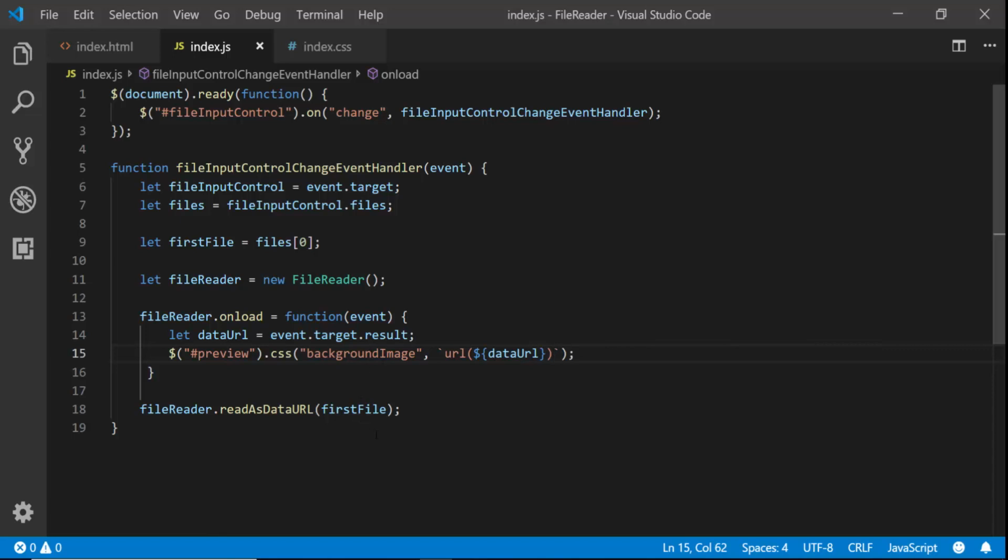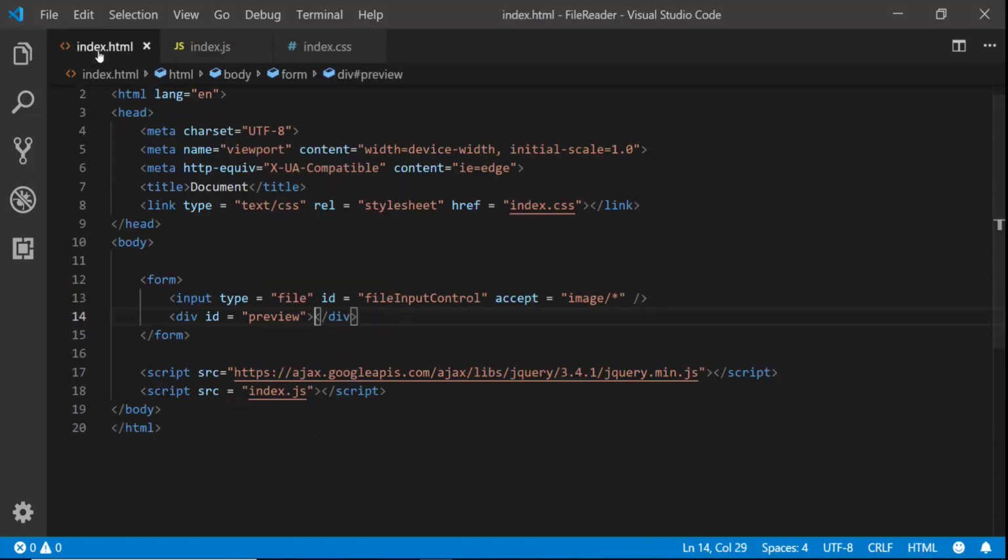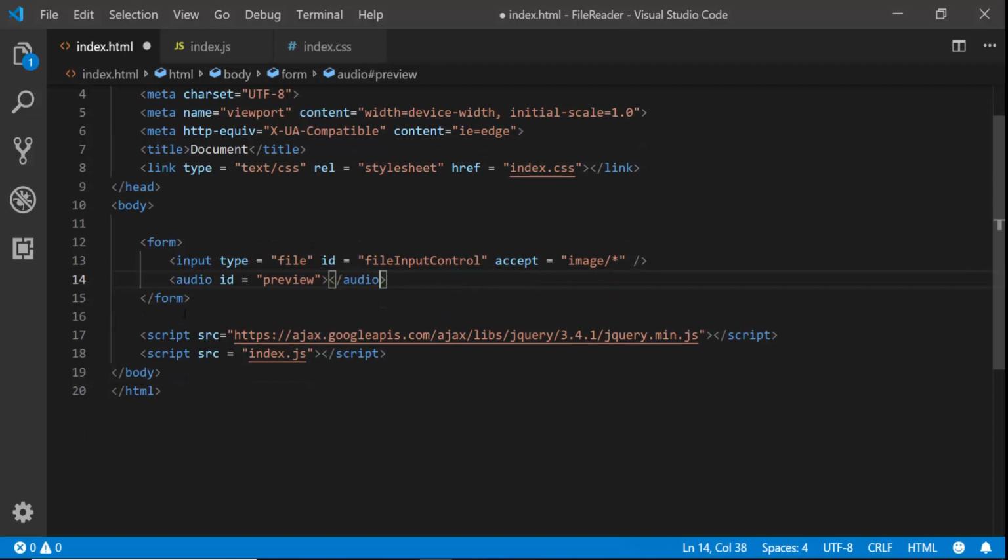But as far as how to read the file, which is what the focus of this video is, I hope it's clear to you. This is how you read any binary file. Let's read an audio file now. So I'll need an audio control. I'll still call it preview, and I just need